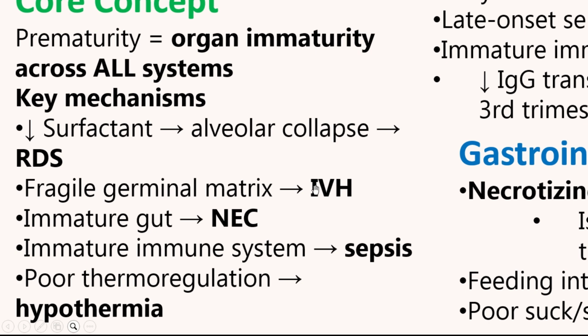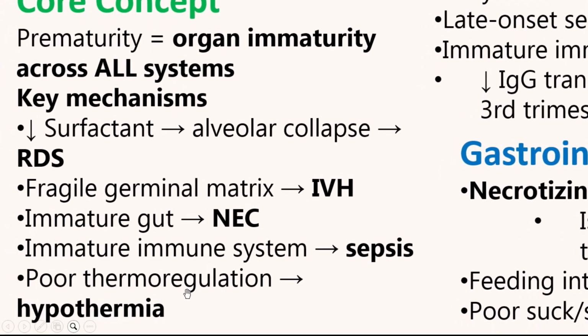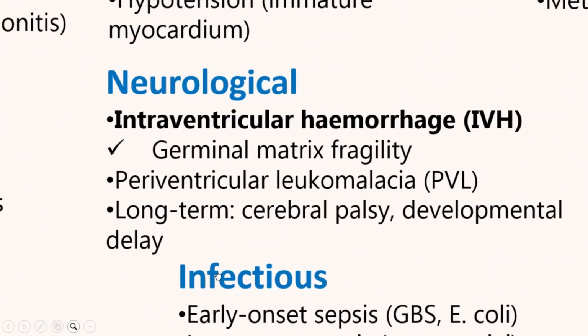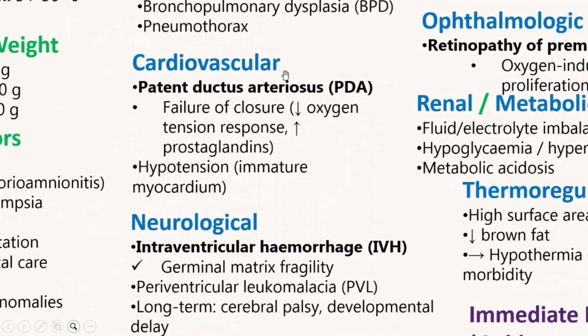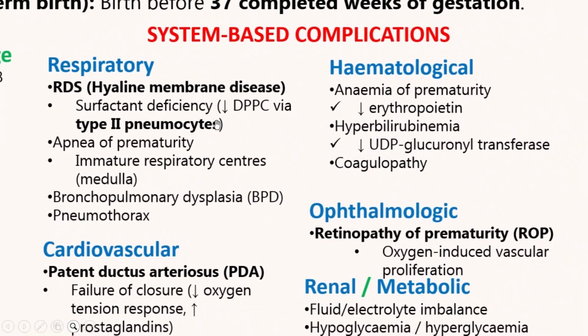So the first thing that is going to kill this neonate once it comes out of the mother is going to be hypothermia. If you do not have a radiant warmer or ways of keeping it warm, it is going to die of the coldness. So I want us to now look at the system-based complications, and these are very, very important for every doctor to understand. They're going to be tested on examinations as well as in the ward. The wards are going to test your knowledge. How well do you know these things?